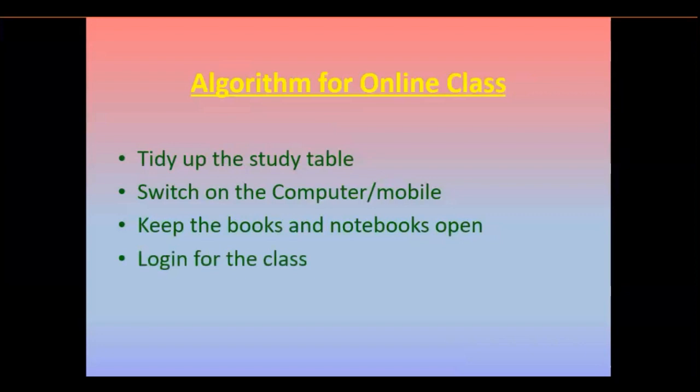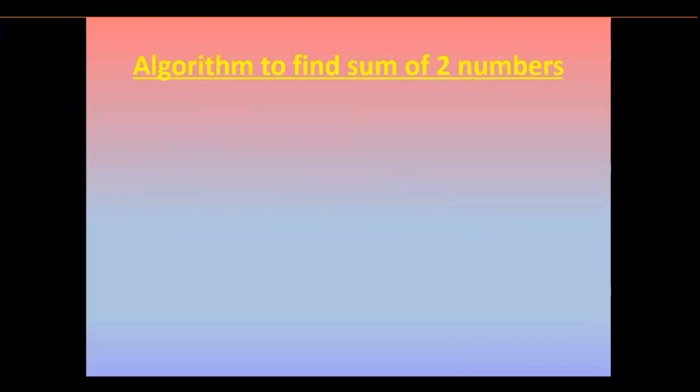Now if I ask you to write an algorithm to find the sum of two numbers, how will you write the steps? The first thing you should know is what you need to find the sum of two numbers. You need the two numbers, isn't it? So you will first read number 1. Read the number means, suppose you are performing the task on the computer or on the calculator, what are you going to do? You are going to input the number, isn't it? So the two numbers you'll input first. So you call it read the number. You'll read number 1 first, then you'll read number 2, isn't it?